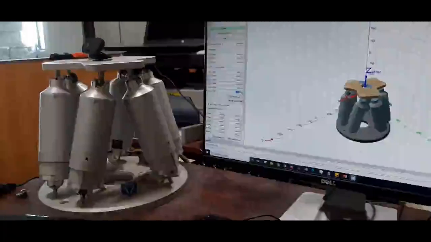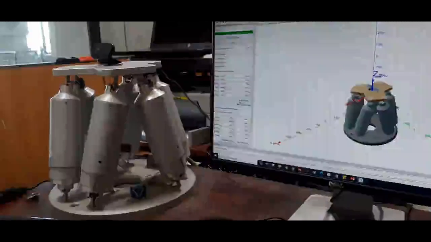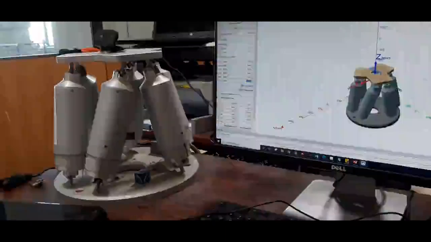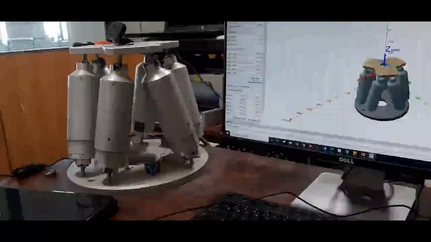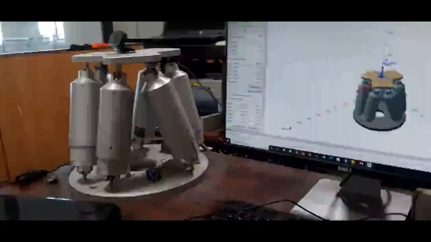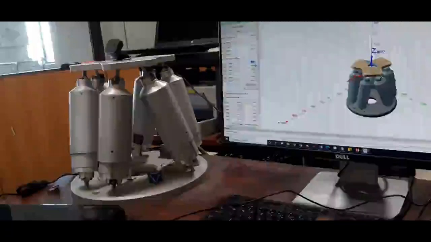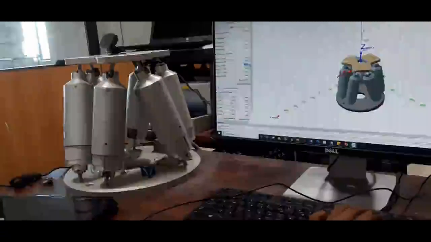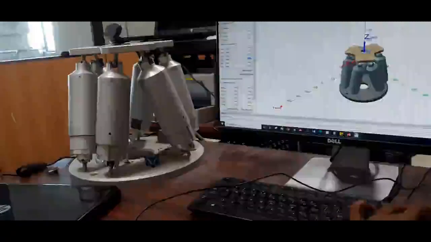So now it is time to give some Z axis rotation. Let us suppose I am giving 10 in the Z axis rotation. So the platform is rotating about the Z axis. Again I am giving minus 10 to the Z axis, so that you can see more movement. Yeah, it is rotating. So also we can set all these 6 parameters independently. Let us suppose 5 mm in X direction, 5 mm in Y direction, and minus 10 mm in Z direction,